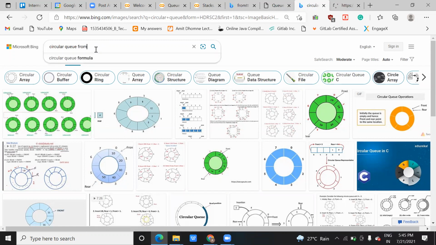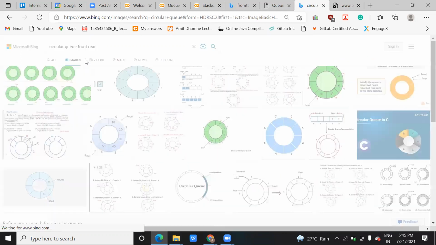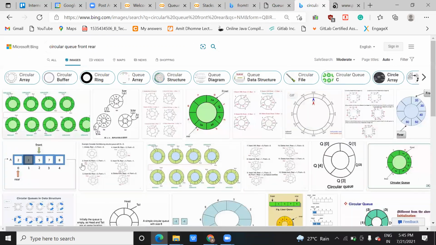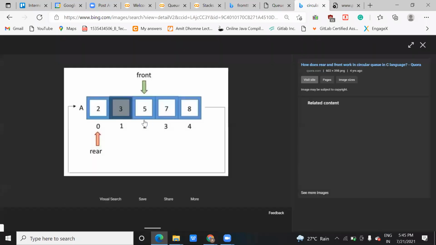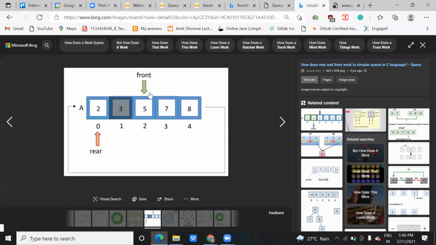But it is not true. Front and rear can change. See this. Is front pointing to the first element? No. Correct.